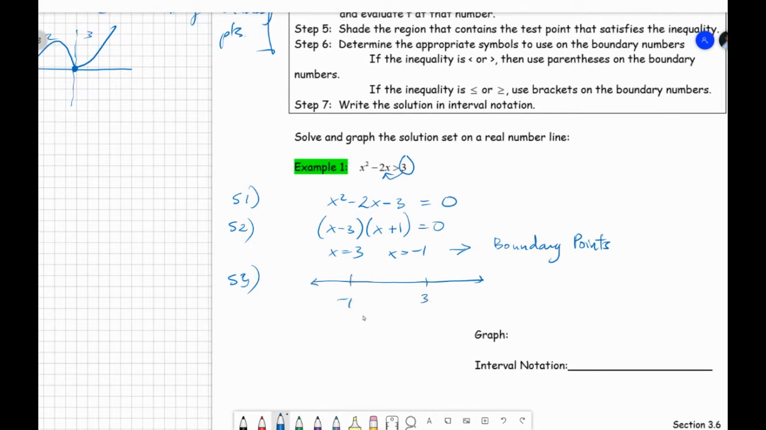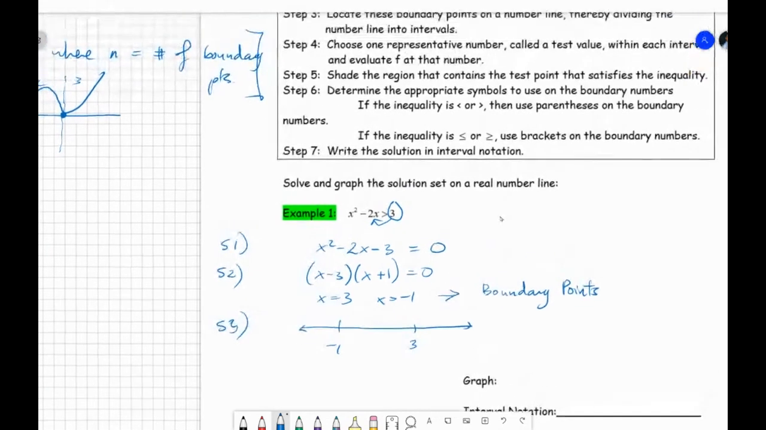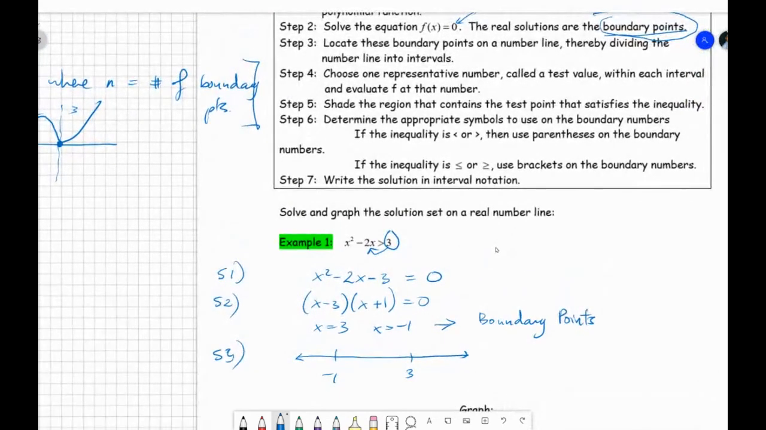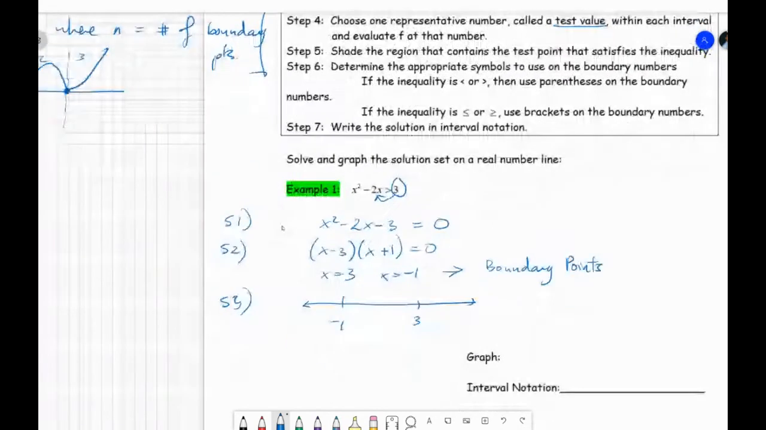-1 and 3. Okay, so now we divide it into 3 different intervals. So we have 2 boundary points, we divide it into 3 different intervals. Now we need to pick test values. So here we're going to choose one representative number called a test value. So step 4,